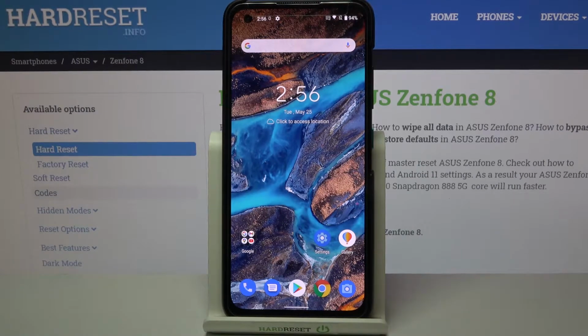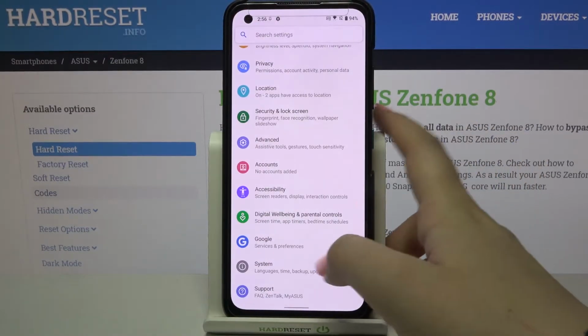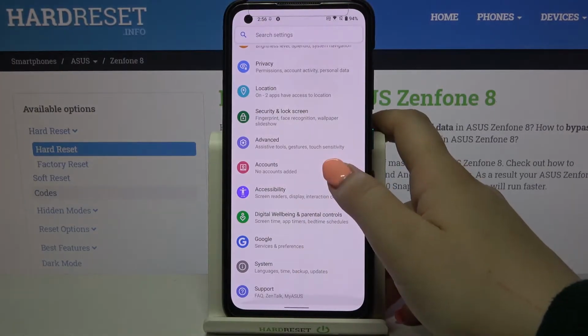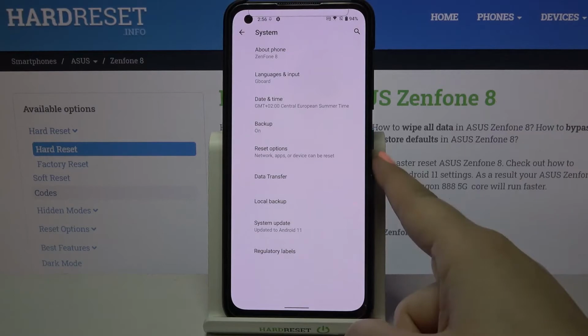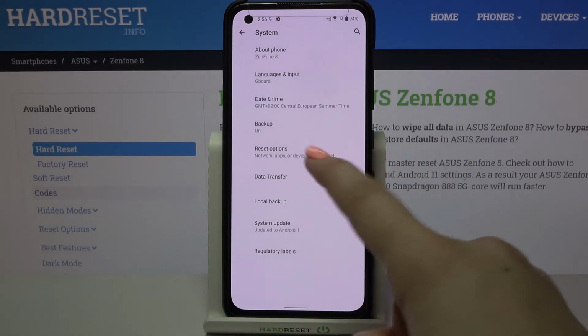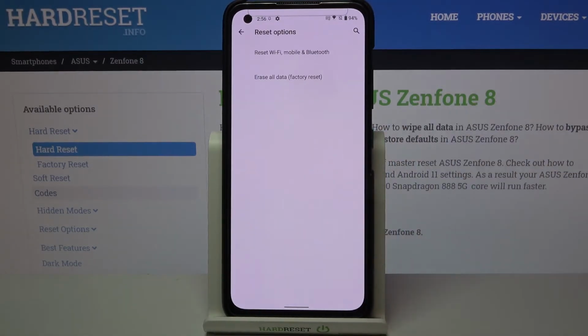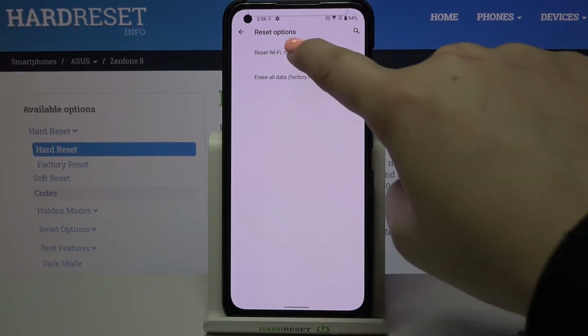this device. So first of all, let's enter the settings, and here let's scroll down to the very bottom in order to find the system option. As you can see right here on the 5th position, we've got reset options. So let's tap on it, and here at the very first position we've got the option we're looking for, so